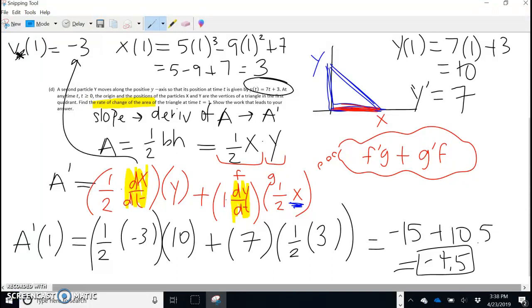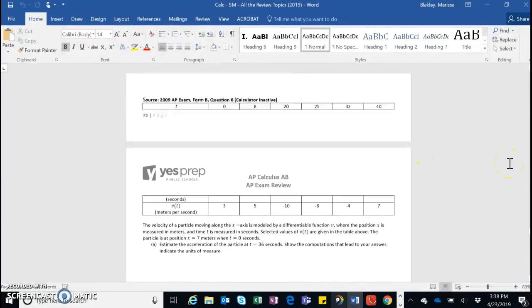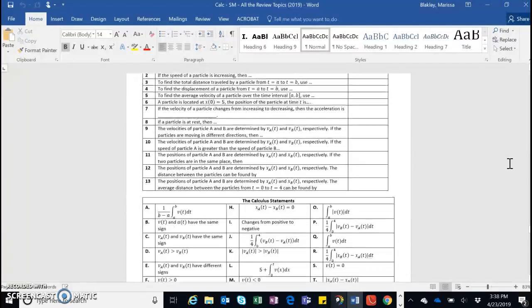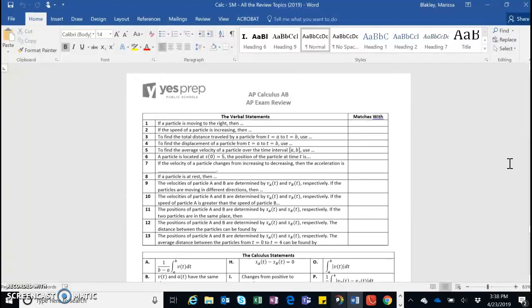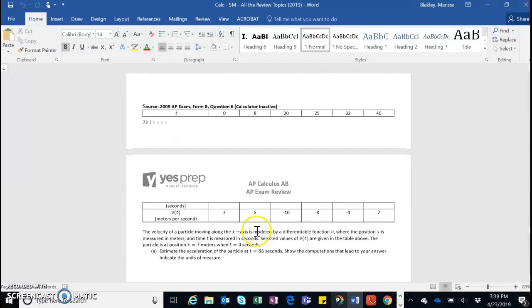Okay guys, so we finished the model problem. Your job now is to do the check your understanding problems. And if you look over at your packet, you're going to want to attempt this matching activity right here where a statement is given and you need to find the symbolic representation of that statement. There are too many letters down here for the 13 statements, so some of those will not be used. They're distractors. And once you attempt that matching, I want you to come down here and try